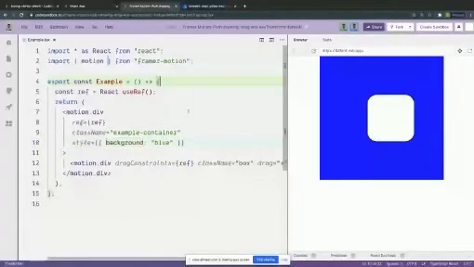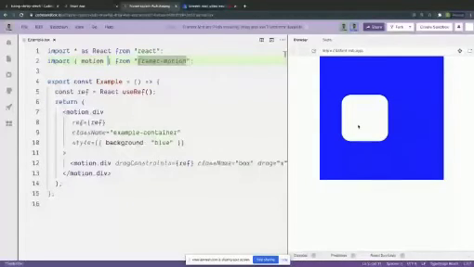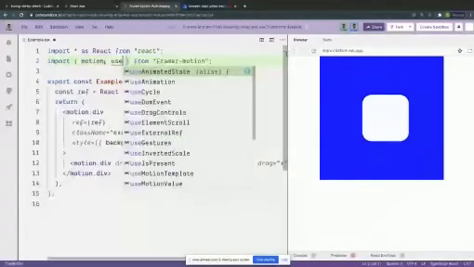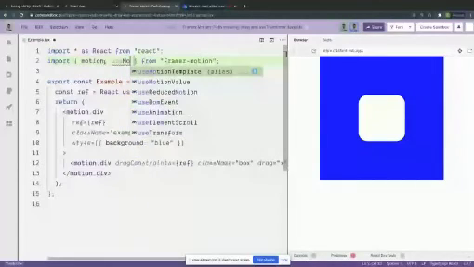So the last thing that I want to show here is how you can take control of the amount by which it is being dragged, take control of the motion aspect of it. So you can grab, similar to how forms have controlled and uncontrolled elements, right? In the same way, you can also make controlled animations.